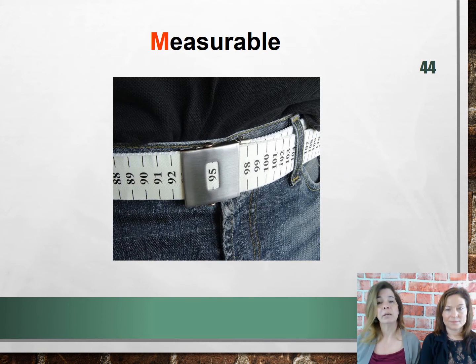The second part of the acronym, M, stands for measurable, and I think it's important to establish some concrete objective criteria for measuring progress towards the attainment of whatever goal we are setting. When we measure progress, we tend to stay on track, of course, and reach our targets, the dates and the targets, and we gain motivation to continue our work and our efforts towards mastery of that goal.